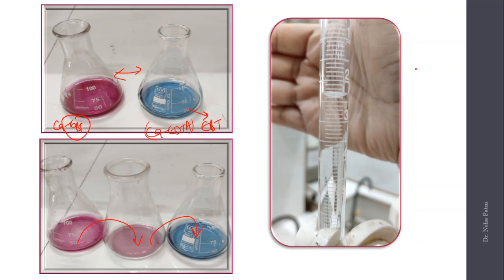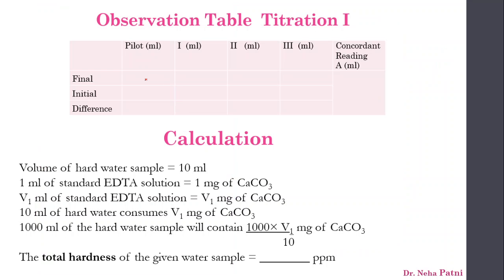If you note the reading of the burette, in the last video, if you remember, in the redox titration, I told you that if the solution is colorless, you have to find out the reading of the lower meniscus. Now if you see the reading here or you see the reading here, which one is to be considered is obviously this lower one, which is 2.4 ml. Now if you can see, this is 1 ml, this is 2 ml, this is 3, and this is 4. So this is 2.4 ml. So we have to consider the lower meniscus. And now this is what you have to write here.